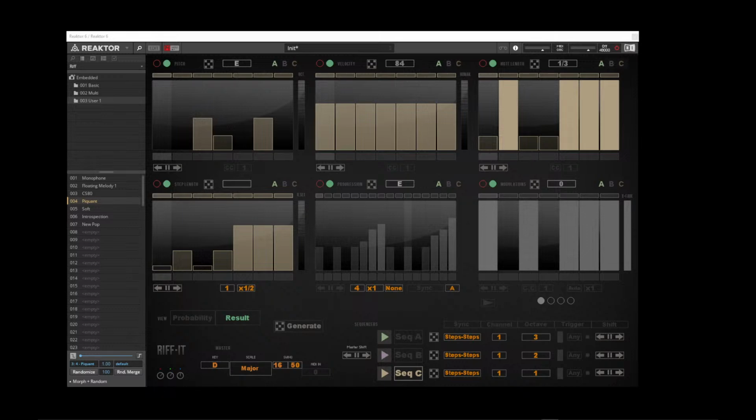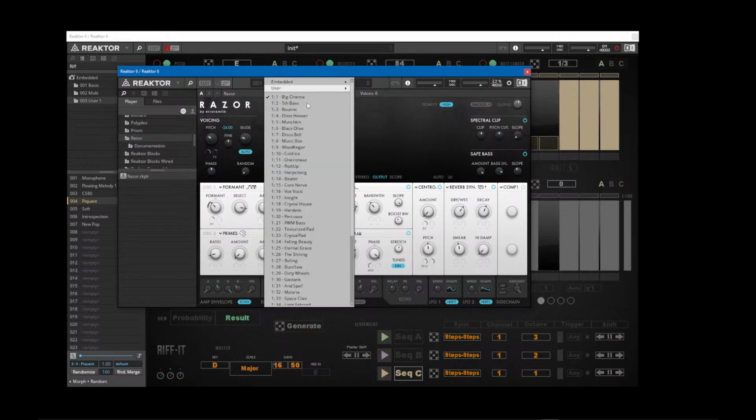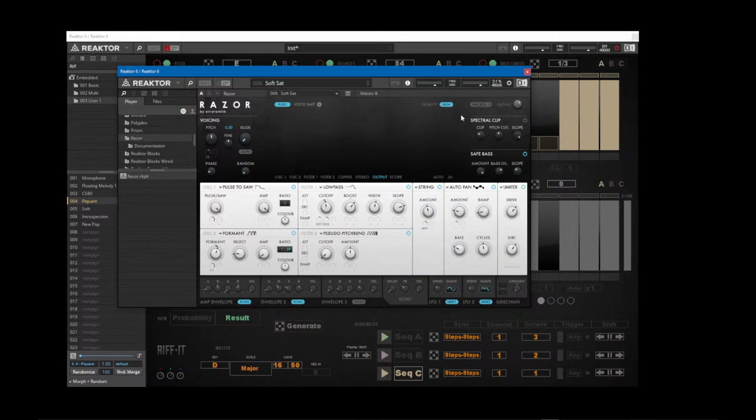Or no, maybe Monarch is not the right one. Let's go for Razor. And then maybe keys and bells. Now the question is,